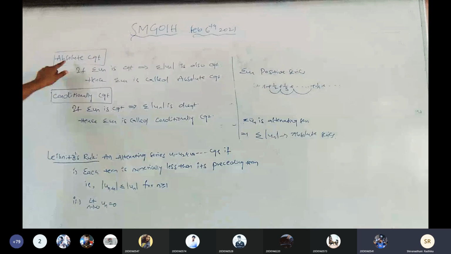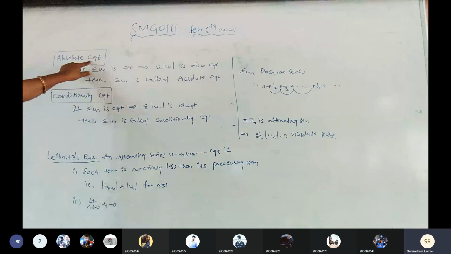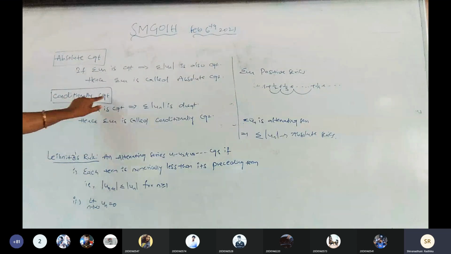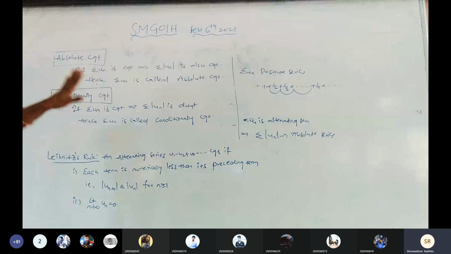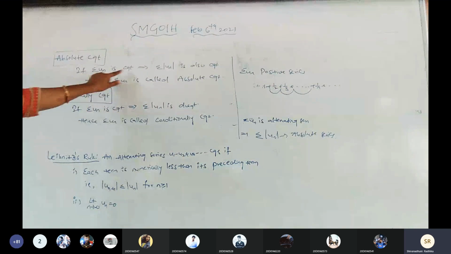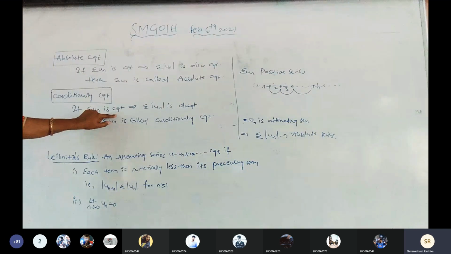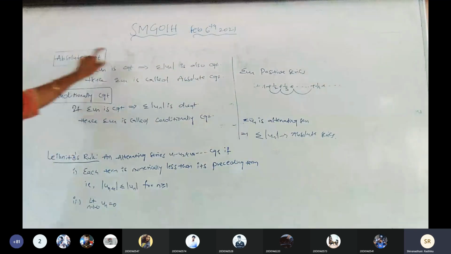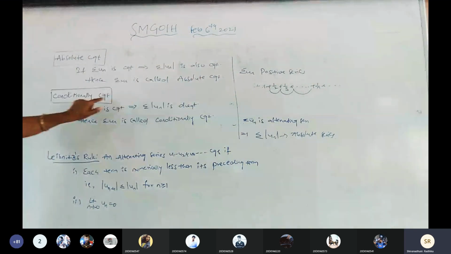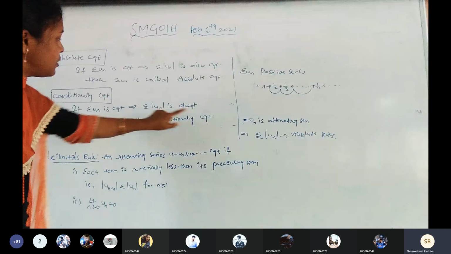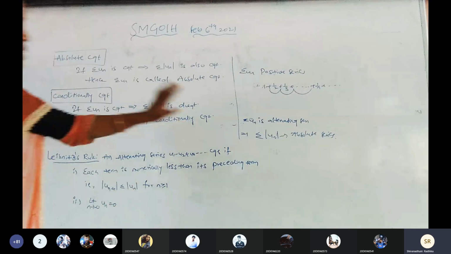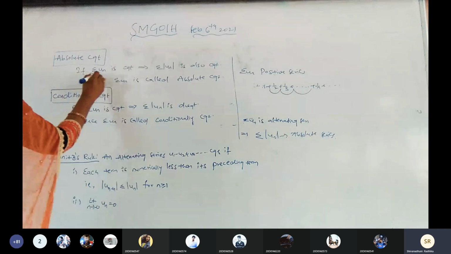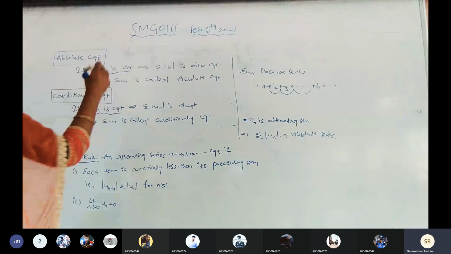Okay, I am going to explain here. Absolute convergent: summation un is convergent. In conditional convergent also, summation un is convergent. For both the conditions, summation un is convergent. But whereas summation mod un is convergent, the given series is absolute convergent. Whereas summation mod un is divergent, the given series is conditionally convergent. Is it clear? Now, how can we find out whether the given alternating series is convergent?